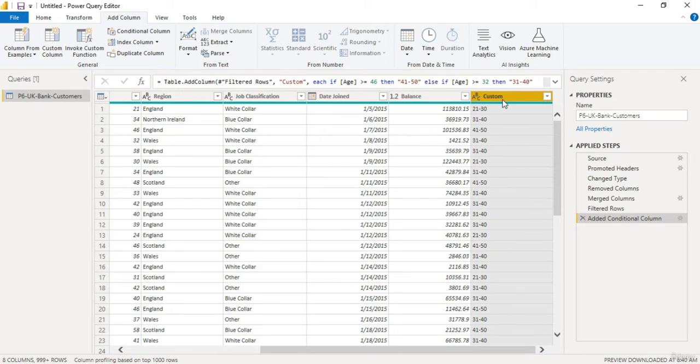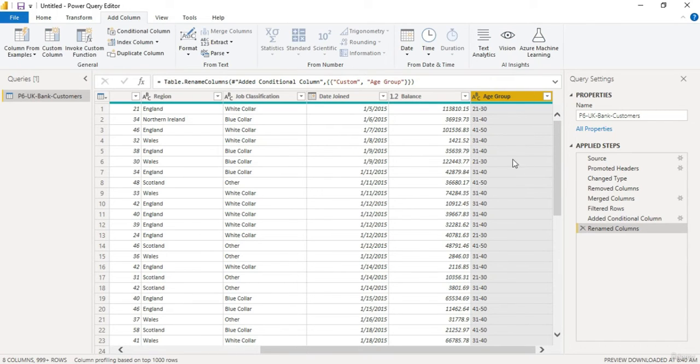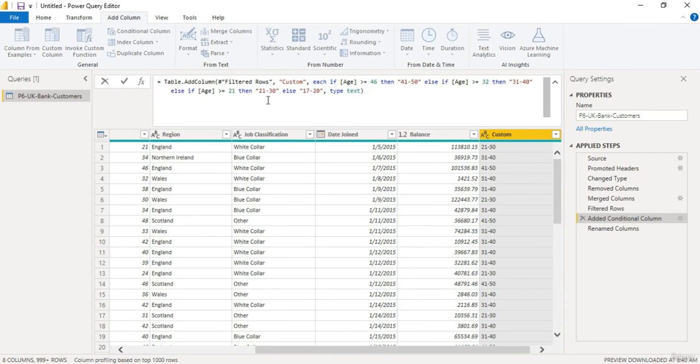right? Now what happens is we can just change its column name into age group. And the thing is that whatever operations we added, whatever formula we added, if you just go to the previous step and onto this drop down, then we would be able to see this particular formula. In the case of the custom column, we had to add this particular formula, like we had to type this